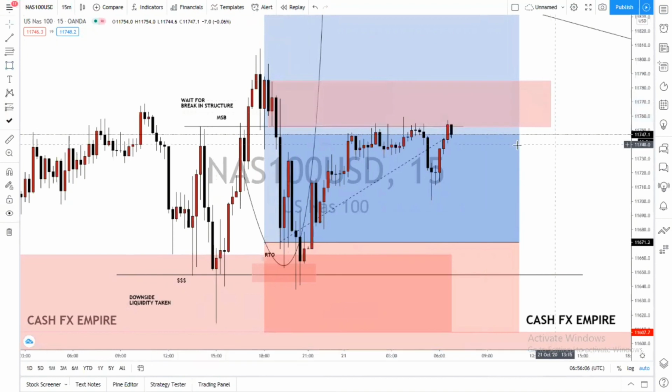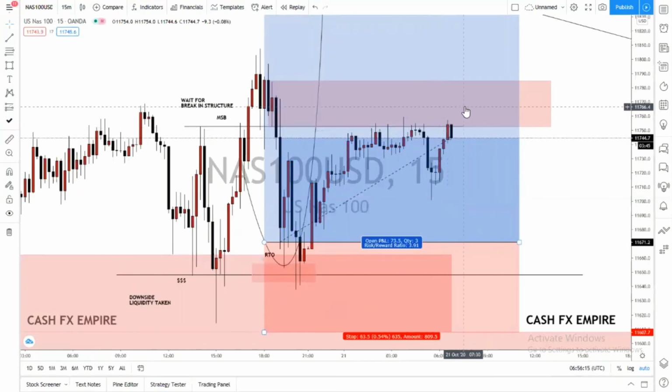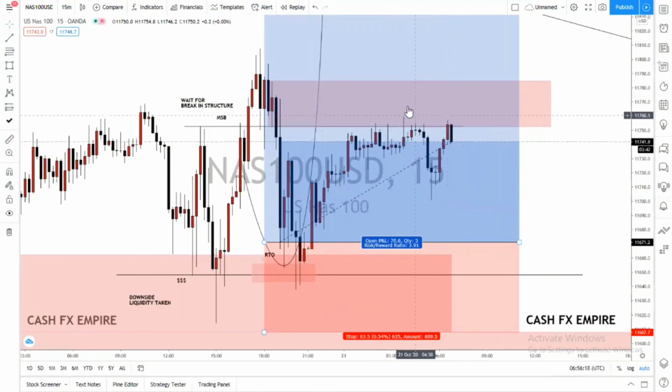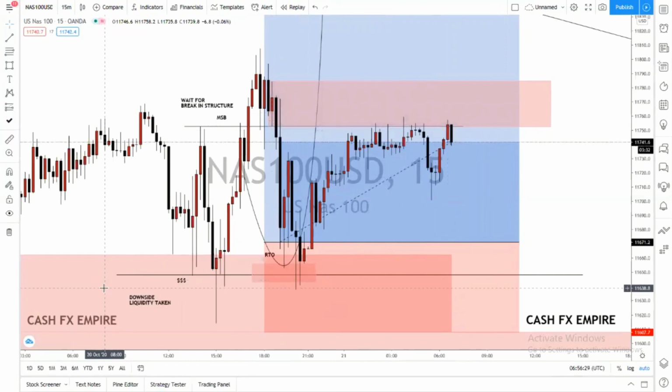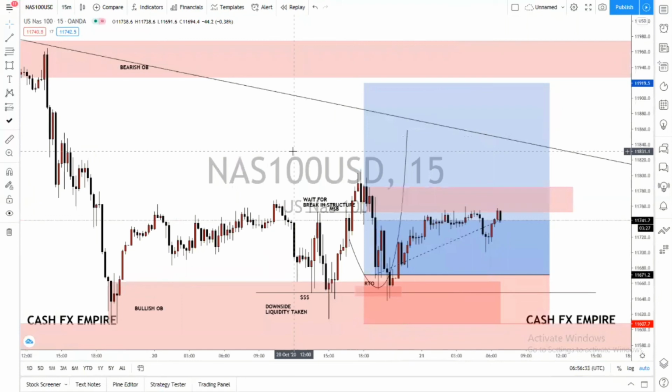If you can see, there's been like a setup for selling right now, but I'm trying to weigh the odds right now if the buy setup will hold or the sell setup will hold, because inside the same OB there's been a setup. That's why we see some selling happening right now, but I'm anticipating. Let's see what's going to happen, because I'm believing in the setup down here, because we're coming off a very strong bullish order block, and hopefully we shall maintain the bias or the buy side momentum. So that's it for now. Let's see what we can do and how markets will play out today.